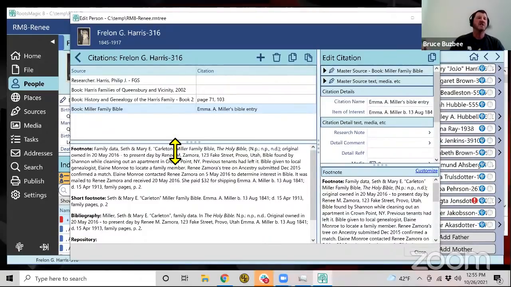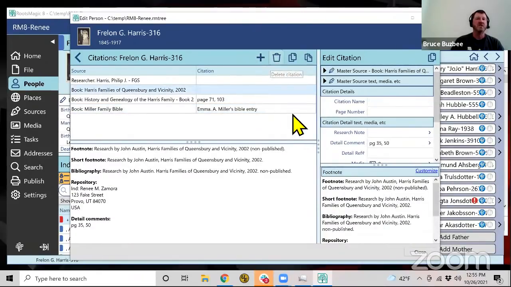But it's just a different option. So I can come over here and I can add a citation. I can delete a citation, works exactly the same way. And then I can memorize and I can paste citations. Like I say, it's the only difference